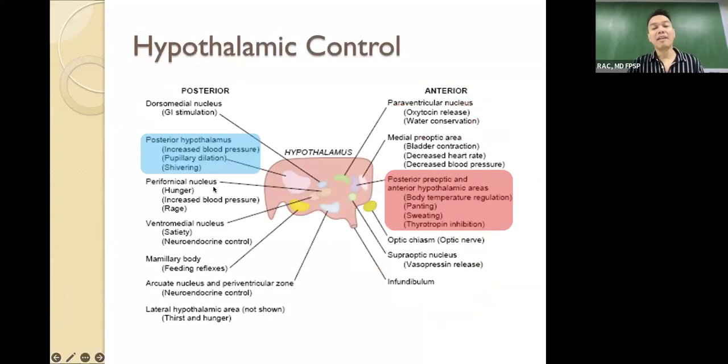Okay. The other nucleus is the posterior hypothalamic region. Now, the posterior hypothalamus, if you will notice, is responsible for heat conserving mechanisms. So they are activated when the environmental temperature is low. So kapag malamig. So notice that whenever the environment is cold, the posterior hypothalamus is activated. So shivering happens, piloerection. Although piloerection for humans does not have a significant effect. And of course, vasoconstriction of blood vessels.